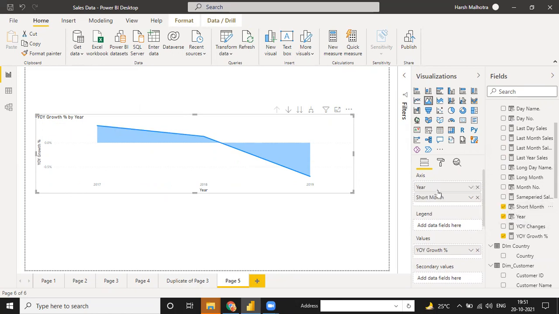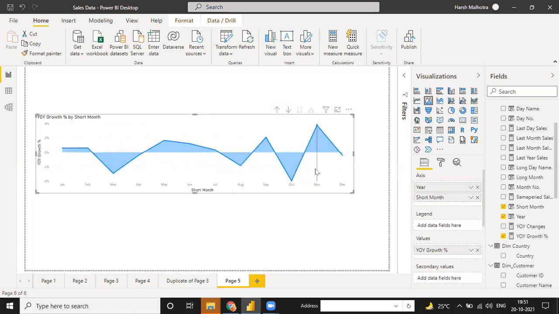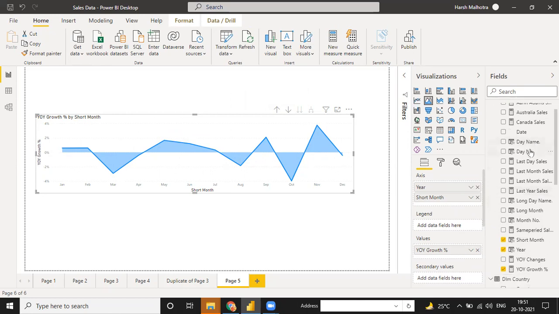And see, if you are using year and month in the same chart, there is an option here called drill down, go to next level. If you click on this, it will give you the month-wise data. So month-wise values, like increase, decrease, increase, decrease. You have a growth-wise value. In the same way, if you are using year, month, and there is a quarter, or no, we have a day. If you are using day, there is one more drill down.